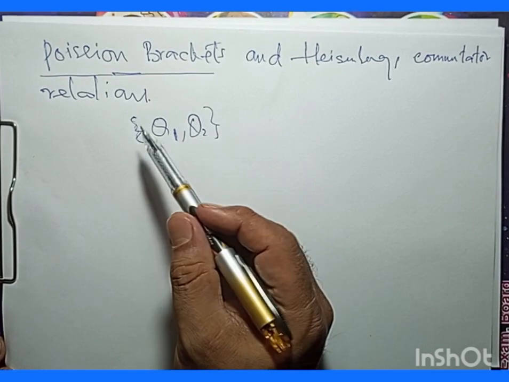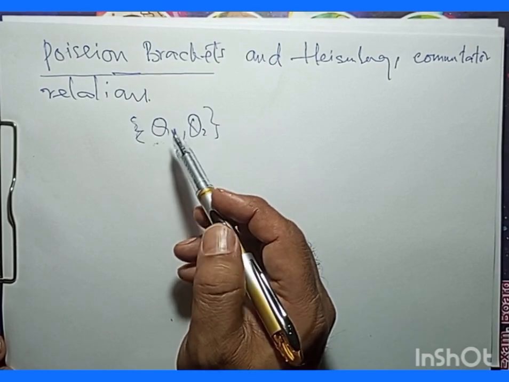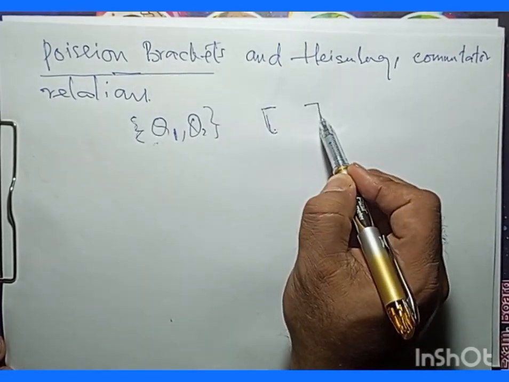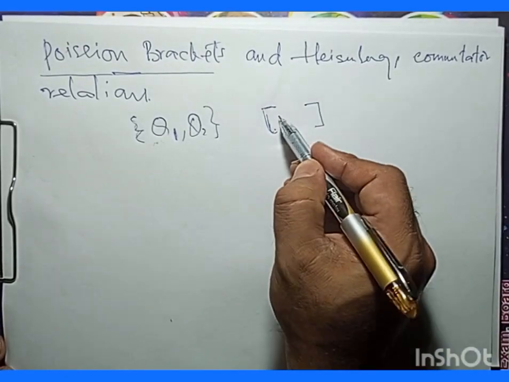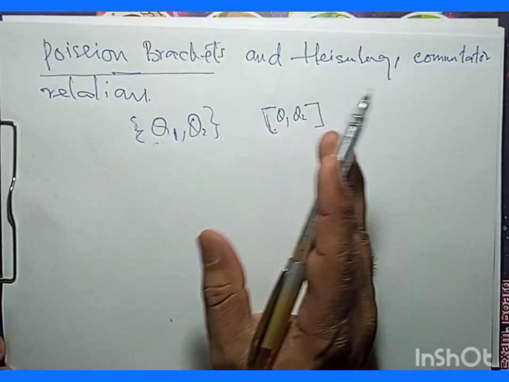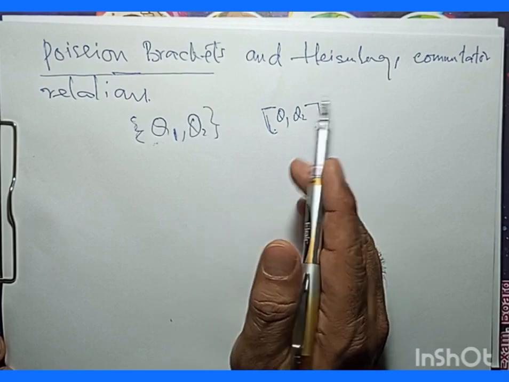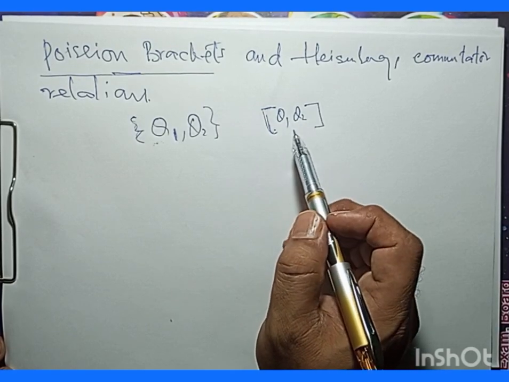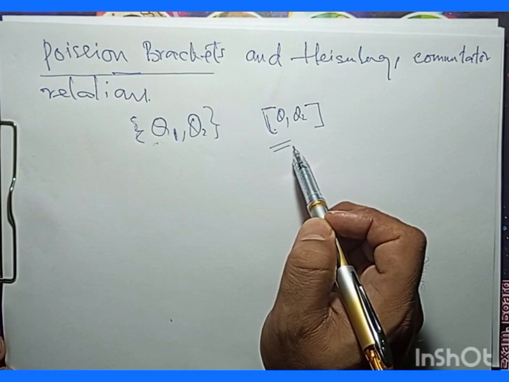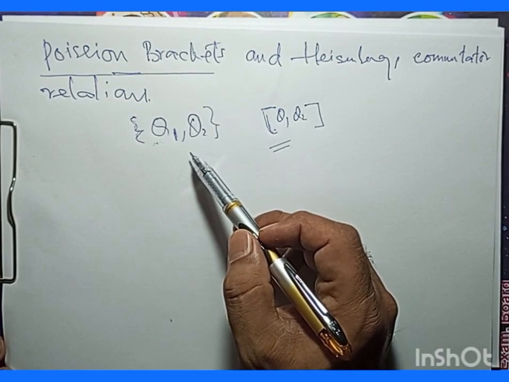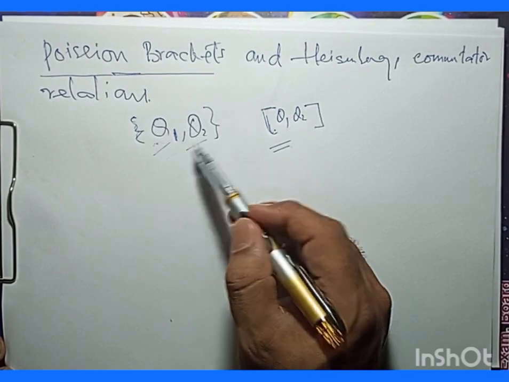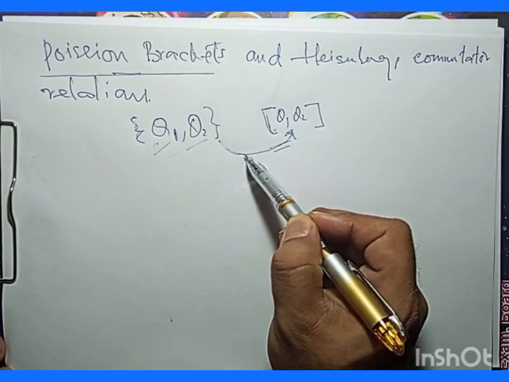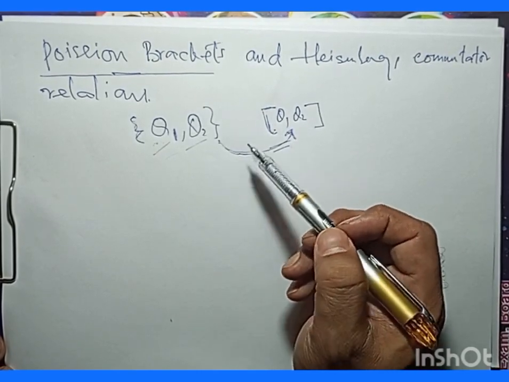And then the next important question that arises is: what is the difference between the Poisson brackets and a commutator? We have the commutator in quantum mechanics, where we have square brackets. Poisson brackets and commutators are both mathematical tools used to describe the relationship between physical quantities. While Poisson brackets use classical variables such as position, momentum, and energy, in quantum mechanics, in commutators, we have operators. I mean, we have the operator of position, the operator of momentum, and the operator